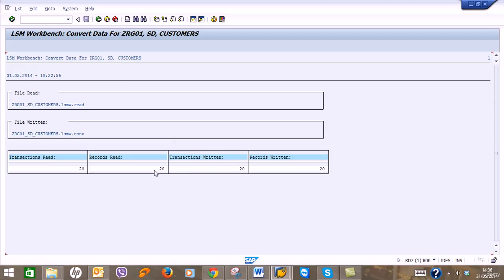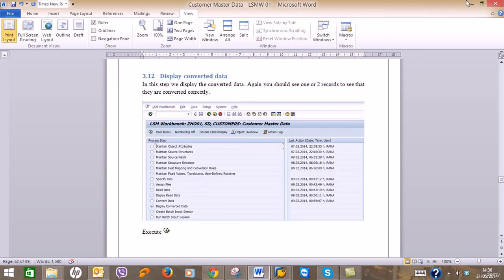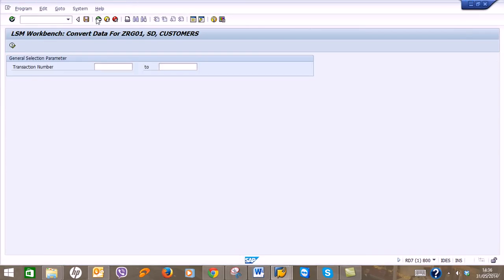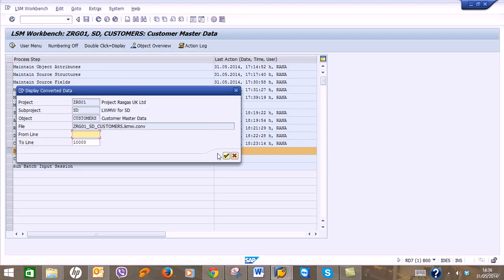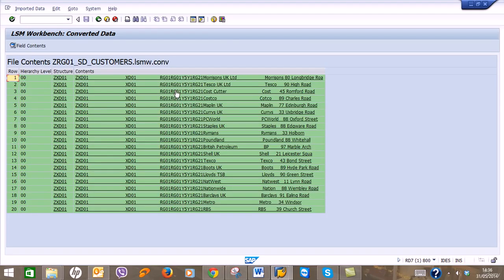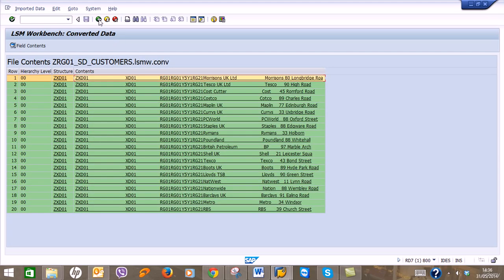So 20 records read, transactions read, records written, in the convert data. Go back, and now display converted data. Execute. And now you can simply click on the create button and again see the data. Go back,